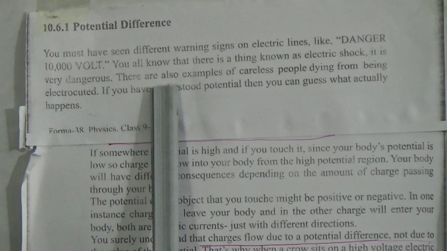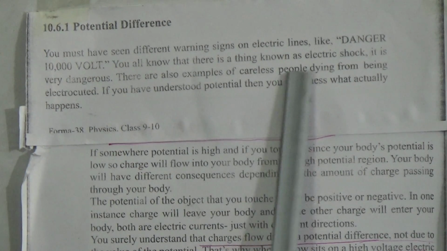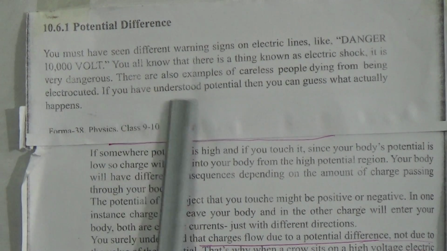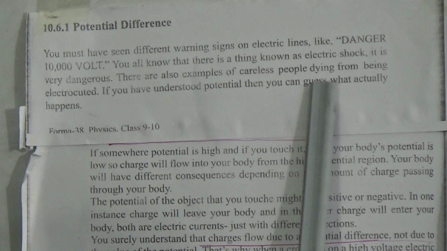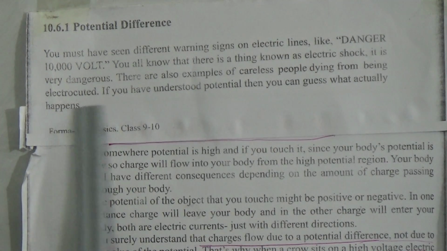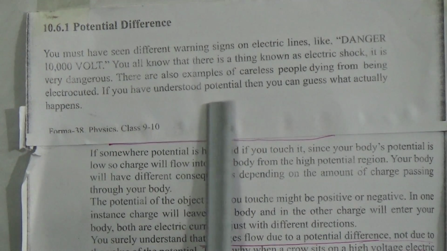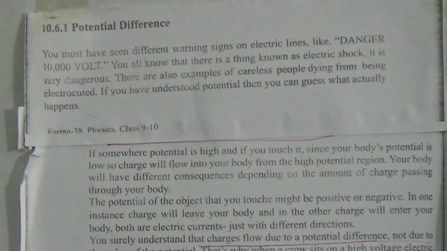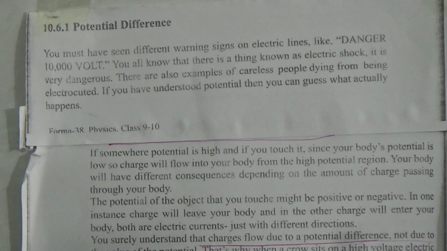So you all know that there is a thing known as electric shock, and it is very dangerous. There are also examples of careless people dying from being electrocuted, and if you have understood potential, then you can guess what actually happens. My dear students, electric potential means that we know the charge